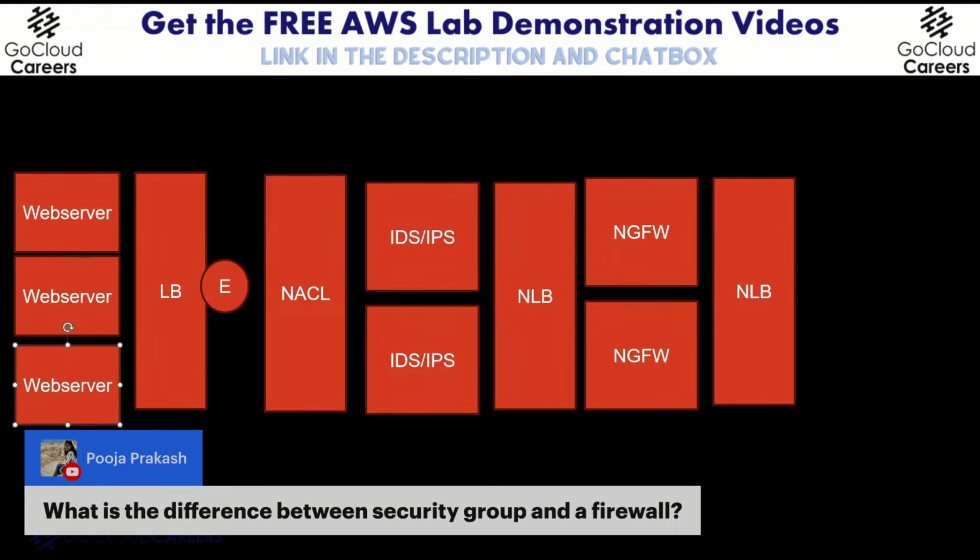So here's what you see. This firewall protects the entire network. Everything. These intrusion detection devices will also cover certain things. It may spot an intrusion or find an intrusion, for example. This is going to protect our subnet. And on this load balancer, we're going to put a security group here. And that's going to be like a firewall to the load balancer. And then we'll also put a security group on the web servers.